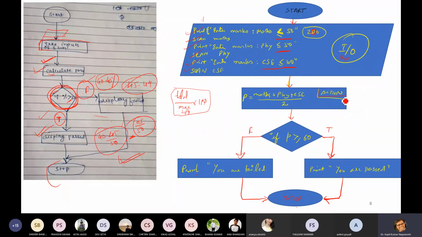Then we will calculate. This is our action box. Inside this action, we need not write the action; to show you what an action is, I have written this. P equals maths plus physics plus CSE divided by 2. Why 2?